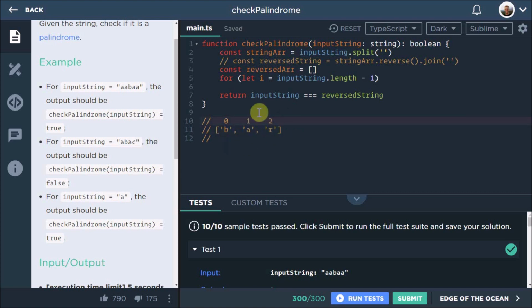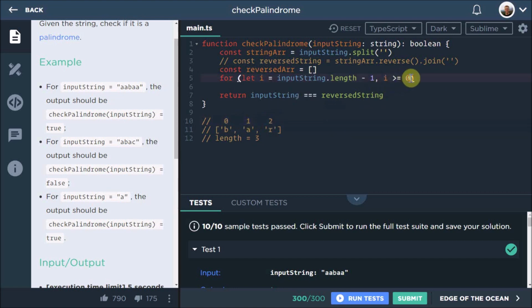Basically, we want to start looking at the back of this and then loop around and go down by 1 each time. So what we're going to do is let this equal the input string dot length minus 1. The string dot length is, in this case, going to be 3. Length would equal 3. So we're looking at 3 minus 1, which is 2. So that's what this is. We're saying we're going to start a loop where i is 2 in this case. And then i will always be bigger than or equal to 0, because we also want to cater for the case when it is 0 and when it's bigger than 0.